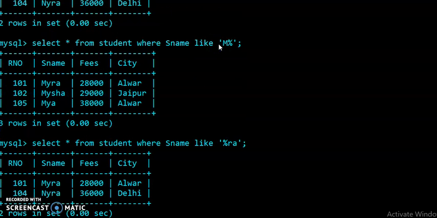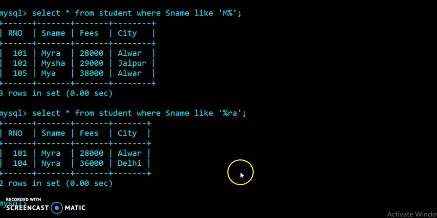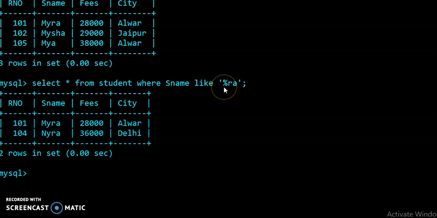You are mentioning only that the starting character will be M, and the name can contain any number of letters. Similarly, when the name ends with RA, the name can contain any number of characters, but with underscore we have to mention the number of characters.